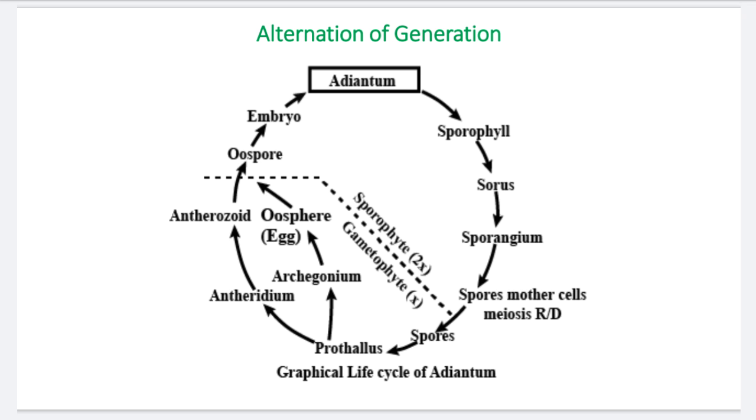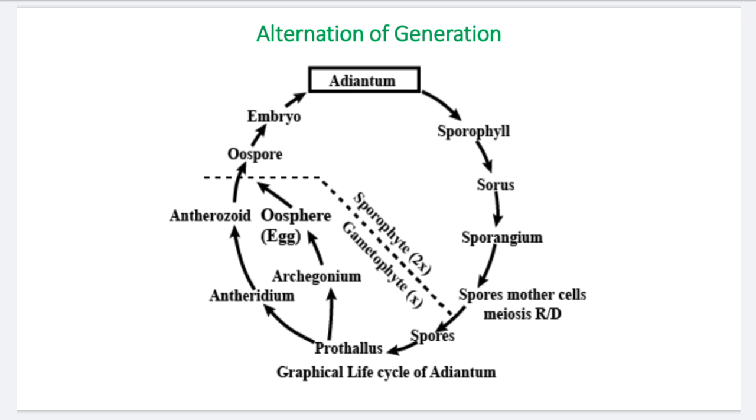The gametophytic plant body is a monoecious plant body, so it produces antheridium as well as archegonium on the single prothallus. Antheridium produces the antherozoids or sperms having the male nucleus, and sperms are multiflagellated motile structures. Archegonium at the base has the egg, which is the female gamete, non-motile, containing the single female nucleus. Sperm or antherozoid and egg fuse and the diploid zygotic condition is formed. It is also called the oospore.